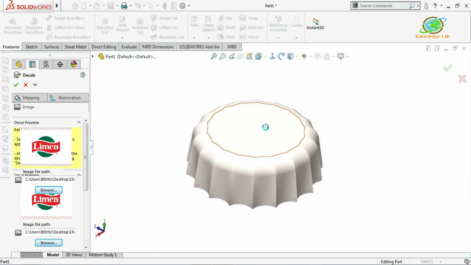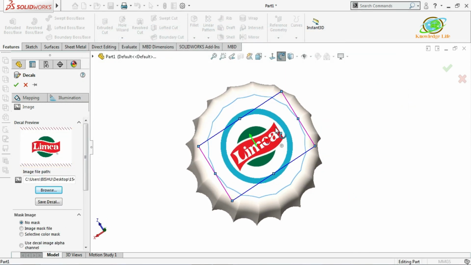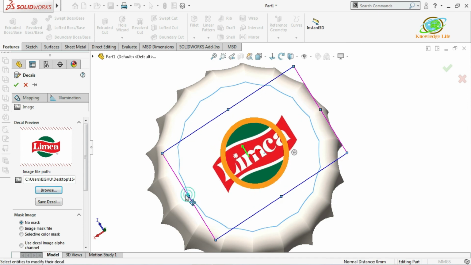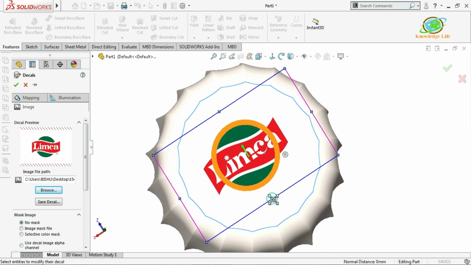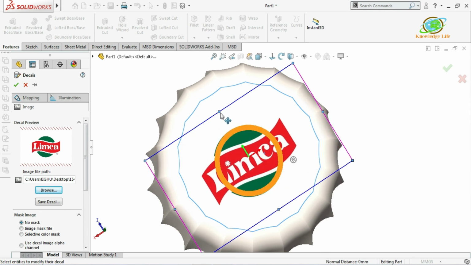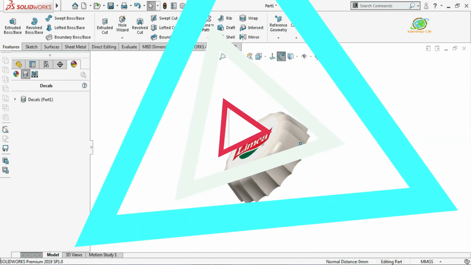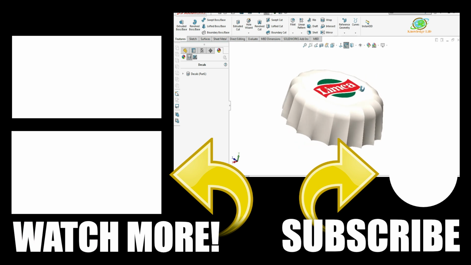And here I will select this face, and you can adjust it and place it. I'll adjust this here. And you can just go with this OK. Now you can see your model is getting ready.